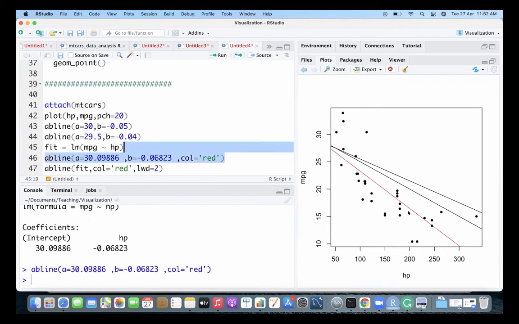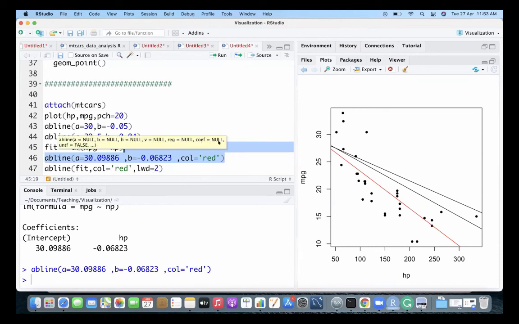This is the best fitted line. When I say best fitted line, I mean by the method of ordinary least squares, or minimizing the sum of squares of error. So that's what abline is doing.